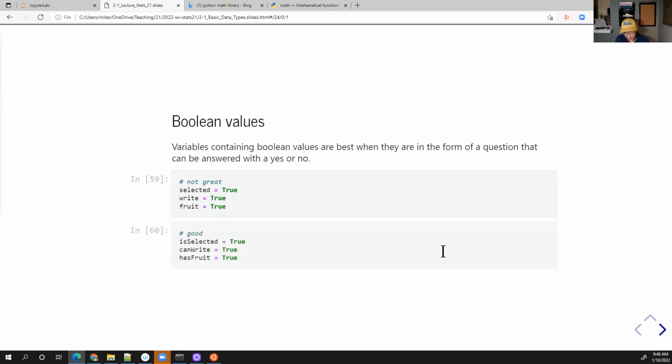If the thing you're gonna do stores a Boolean, you kind of want to turn it into a yes/no question, right? So these aren't great variable names: selected, right, or fruit. You can say is_selected, can_write, has_fruit. These kind of make sense, right? Because the variable is the answer to a yes or no question. Is it selected? Yes or no? Can it write? Yes or no? Does the thing contain fruit, or has fruit? Yes or no? Versus